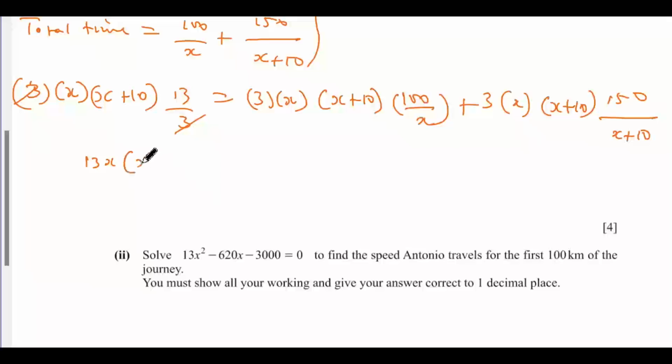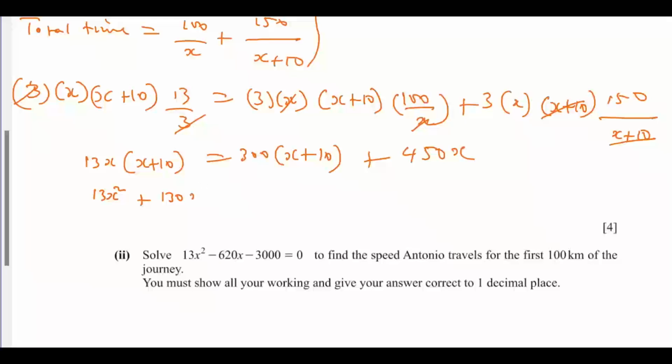Okay, so we're going to have 13x into x plus 10 left here, then equals to x. We cancel x here, we'll be left with 3 times 100, that is 300 into x plus 10, then plus x plus 10, we cancel x plus 10 here, we'll be left with 3 times x, 3x times 150, that is 450x. So we need to expand this. If you do this, you get 13x squared plus 130x to be equals to 300x plus 3000 plus